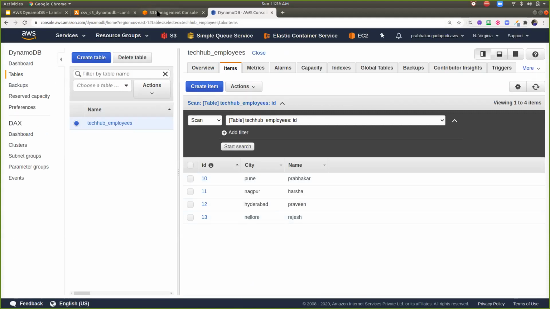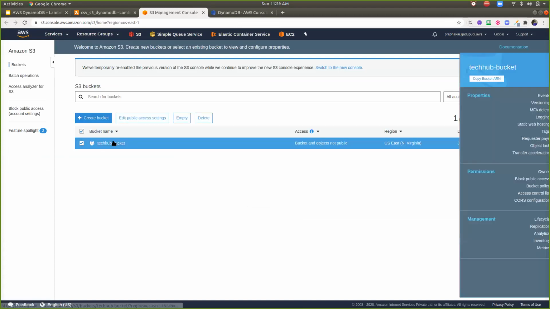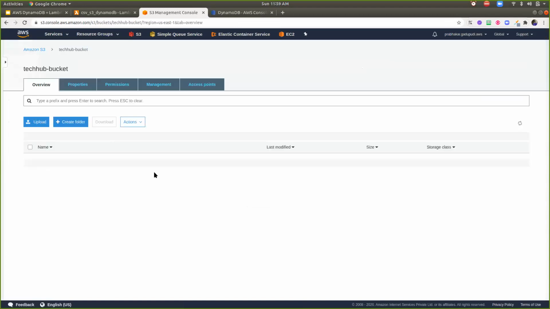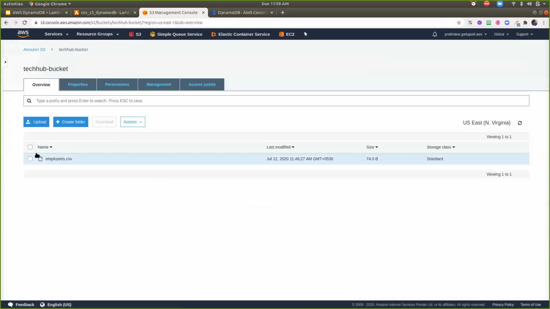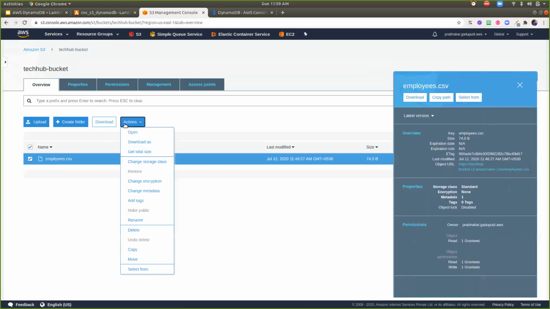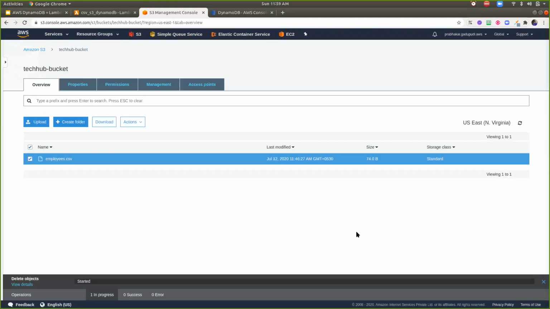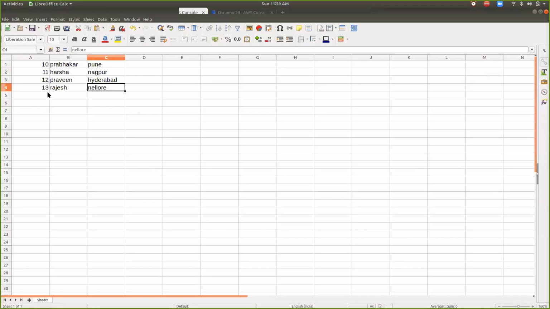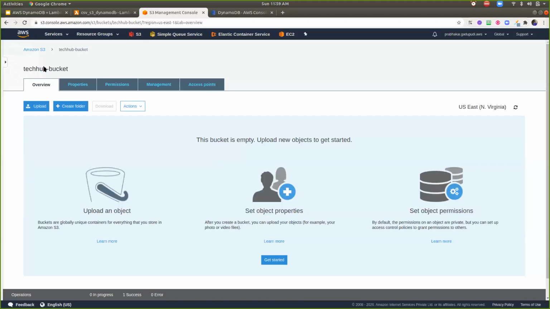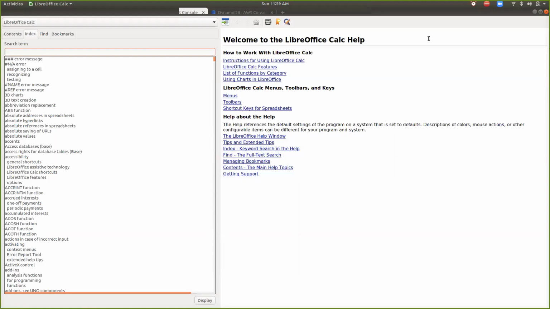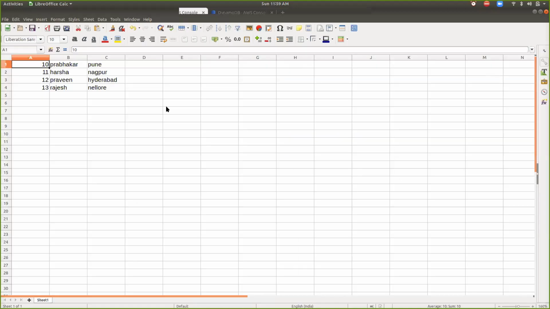So now let's do some experiment on this. Okay, here is my tech hub hyphen bucket. I'm going to delete this file. What I'm going to do here is insert a new file with a new set of records. For that I can go to the file, and here I'm using, for example, 1, 2, 3, 4, and I can add some additional records up to 10 records.